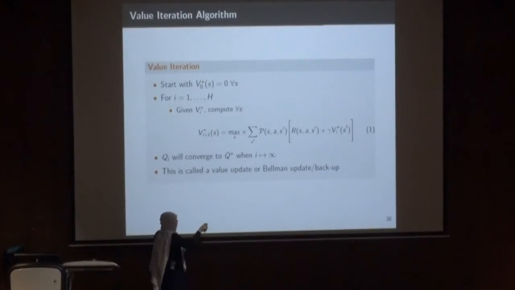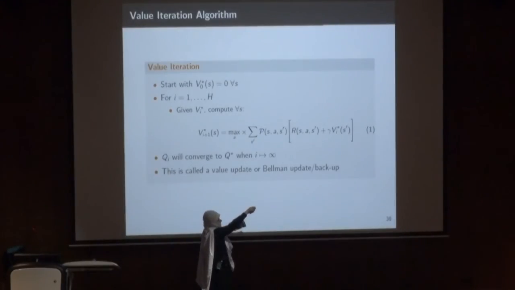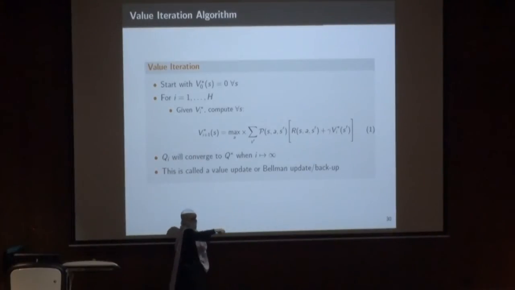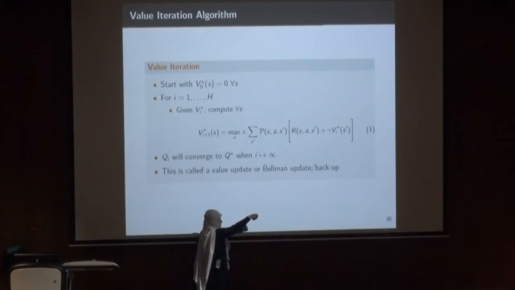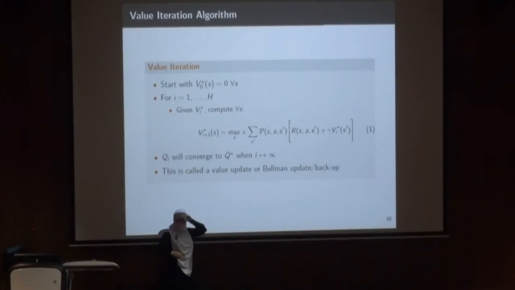What is this quantity? This quantity is the probability of ending up in all the next states that I could end up in, because I have stochasticity in the environment. So it's the summation of the probability of ending up in state S2 times the reward that I will get if I am in state S2, plus the probability of ending up in state S3 times the reward that I have in state S3, and so on. We add to them the value of this state S3 because I have a cumulative reward. That is, the reward that I will get from the transition plus the value of this new state that I have. Clear?